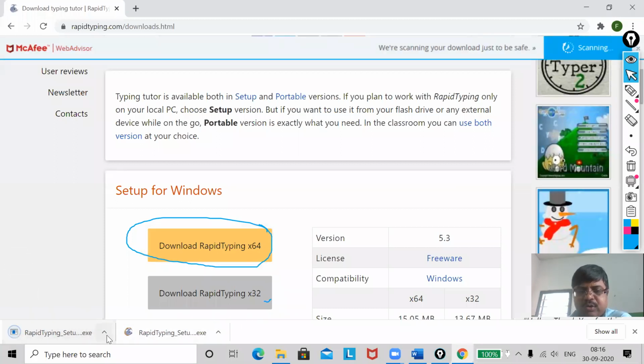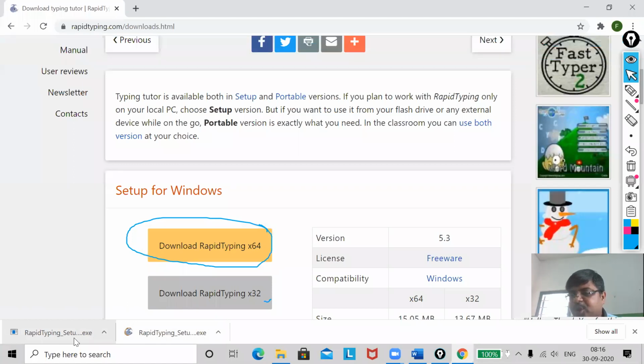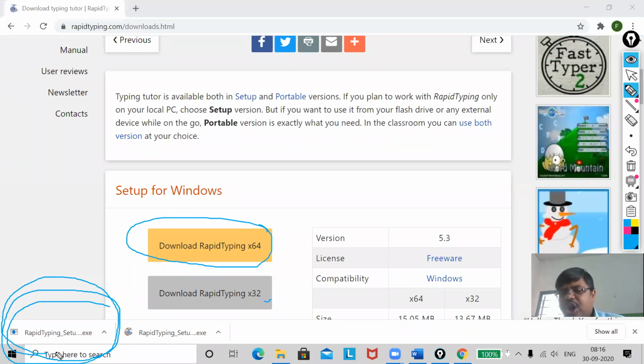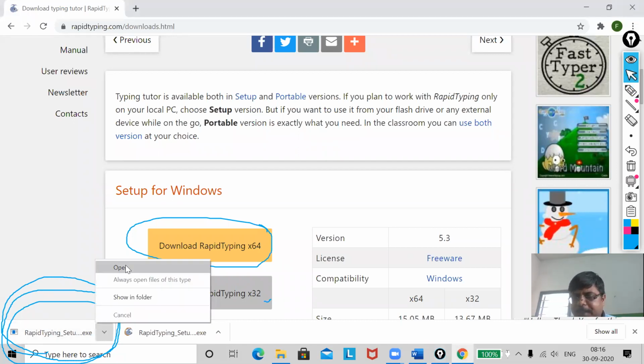Now you can see down, the rapidtyping.setup.exe file is downloaded. You can see at the bottom, it is showing here. Understood? I think it is a 14 or 15 MB file. Now I am going to click on this and open.